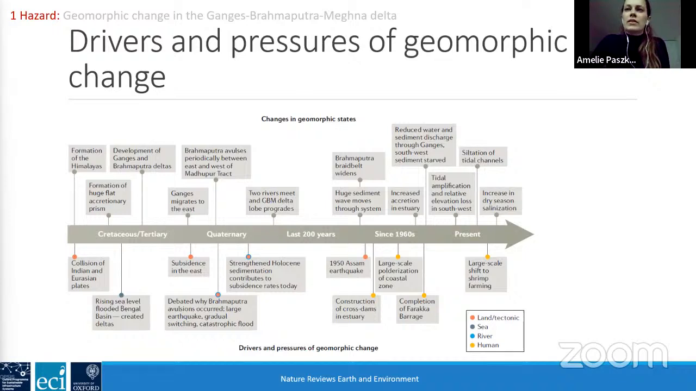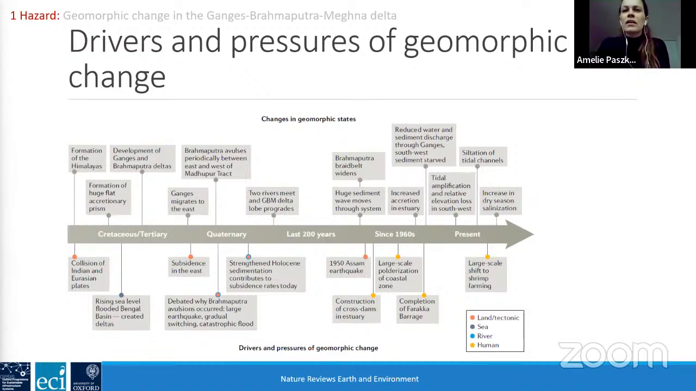So you can see on this timeline that the GBM delta was created through the interactions between plate collisions and sea level rise, where a rapid rise during the late Cretaceous period and early Quaternary period was an efficient way of trapping riverine sediments, and then started the construction of the delta. And then later during the Holocene, the rate of sea level rise slowed by an order of magnitude, and that slowing in sea level rise enabled the sediment to be deposited and allowed the delta to prograde further into the